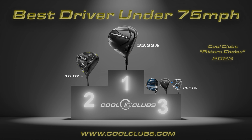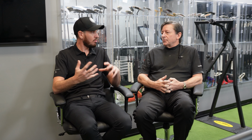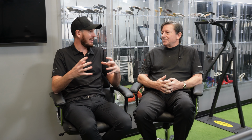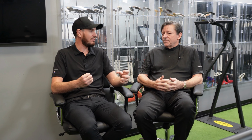a bit. And the HL for me this year, I get what Ping did, but when you're moving that lightweight into the back of the driver, it almost kind of defeats the purpose. You want weight low and back in those forgiving drivers, and you're actually putting a lighter weight in it. So the way we did it, maybe our fitters didn't get the best use out of it than an entirely